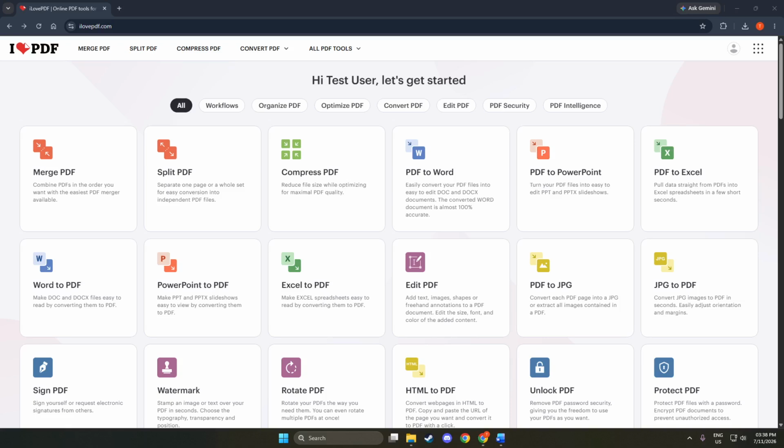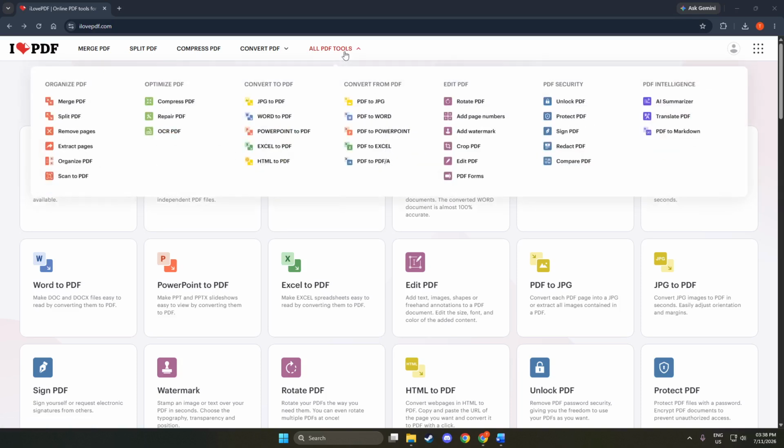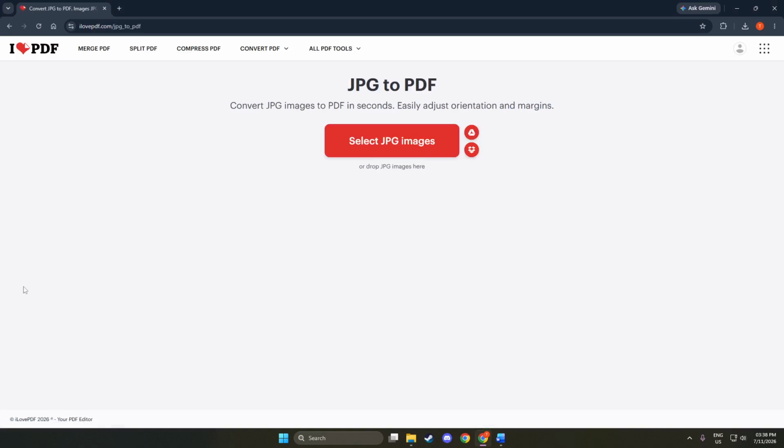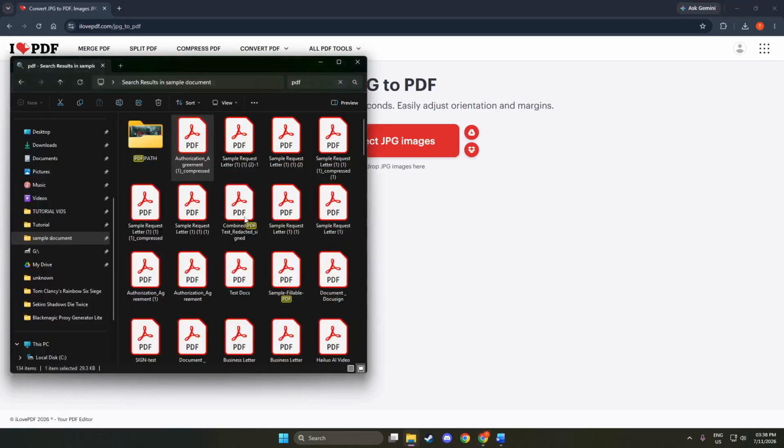From there, click on the button that says Select JPG Images or drag your image files into the upload area. You will see a pop-up or an open window that allows you to browse through your files. This is a straightforward action, but it is significant because you are now choosing the images you want to convert. Dragging and dropping is also an option if you prefer a quicker method. Either way, ensure you select the correct files. Once done, you will see the images appearing in the upload area, confirming that they are ready for conversion.